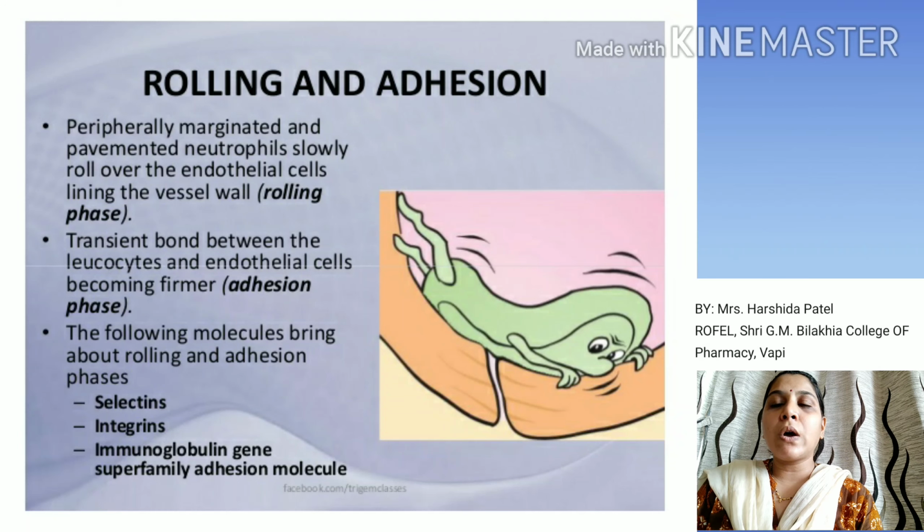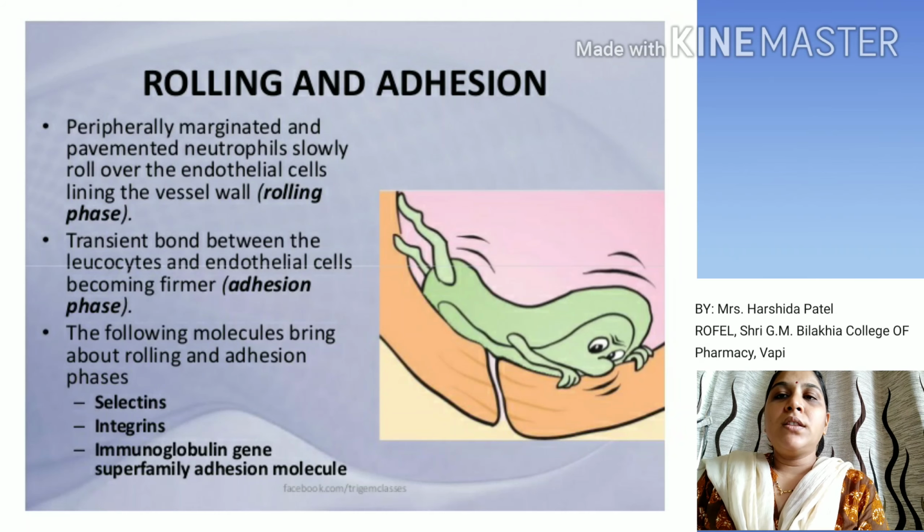This process is called immigration. This process is called what? Immigration. Now when they damage the basement layer, it gets repaired again. When neutrophils damage it, it repairs in 2 to 4 hours, while when macrophages damage it, it repairs in 24 to 48 hours.